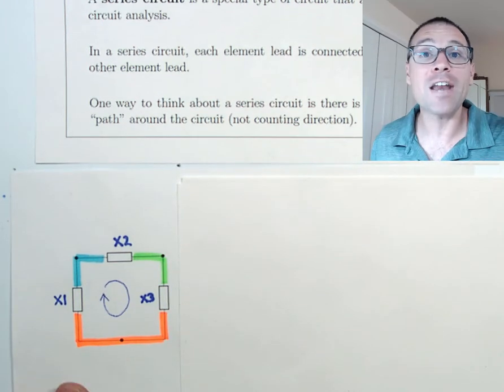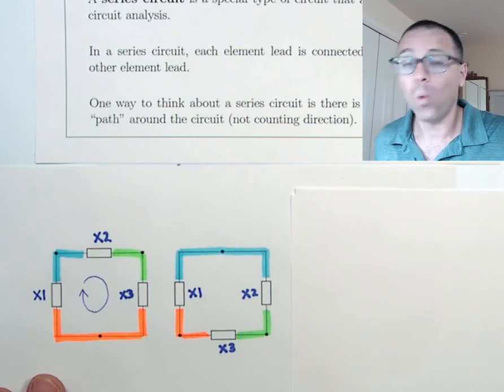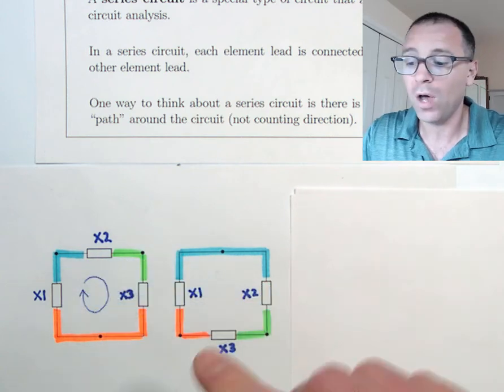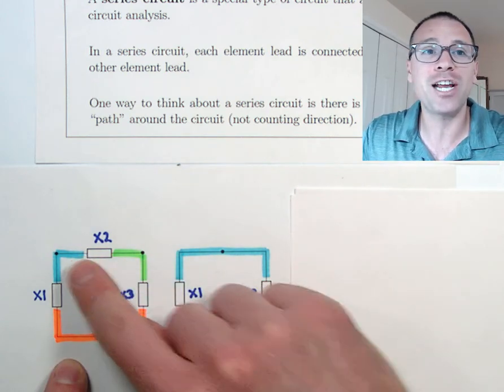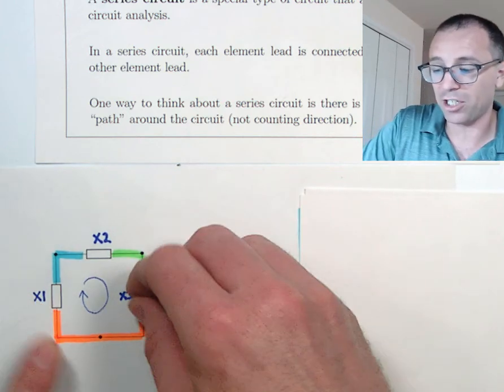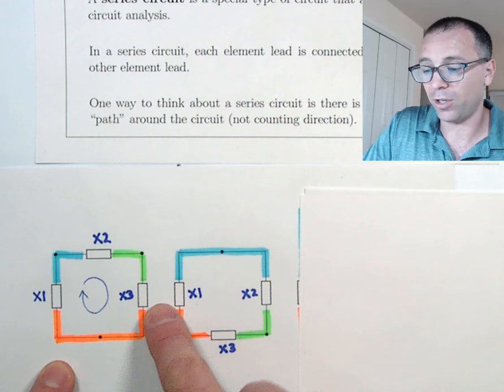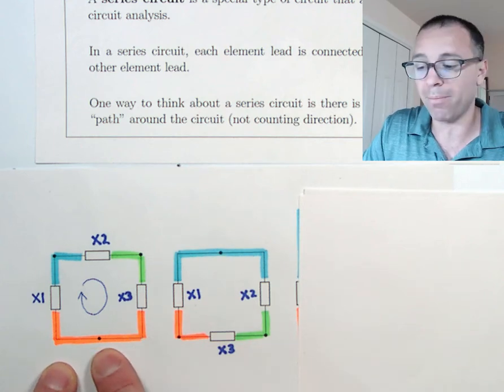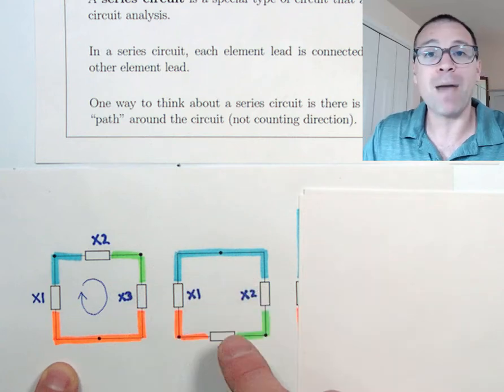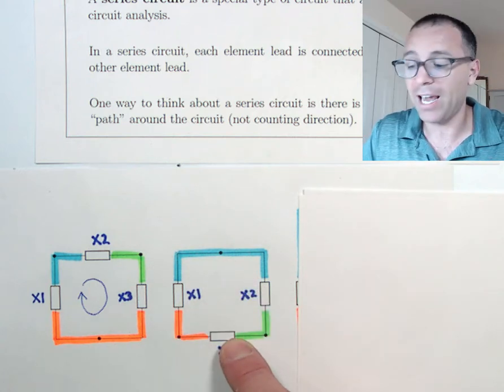Let's take a look at yet another way that this might show up. One of the things that's really interesting about conductors, we will see this in a future video, is we don't really care about the size or shape. So in particular, I could take this X3 element and kind of just mold it down to the bottom there. So literally I'm just shrinking the orange bit, which would extend maybe the blue bit, and I can bend them in any ways. It doesn't change the behavior.